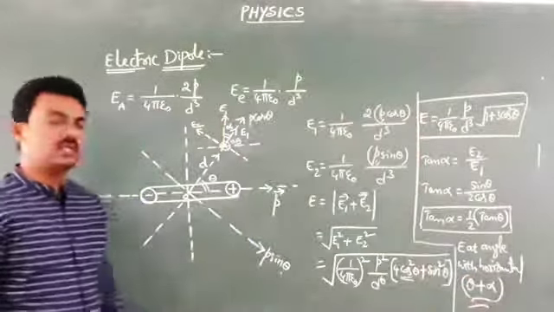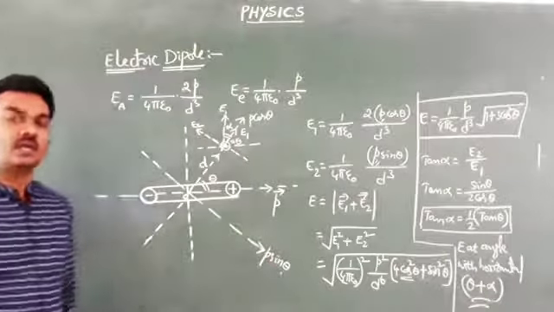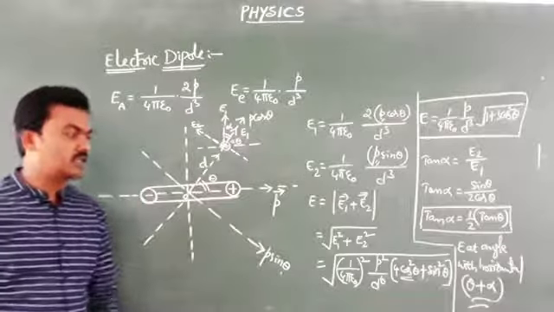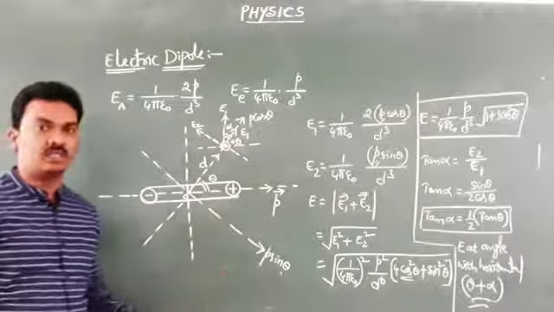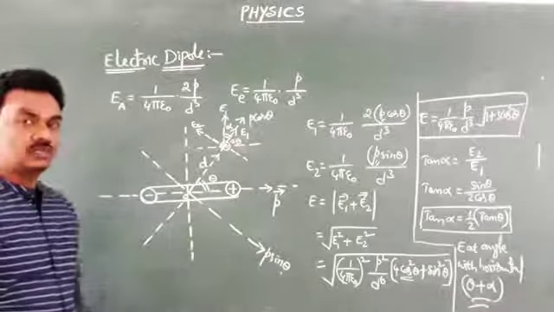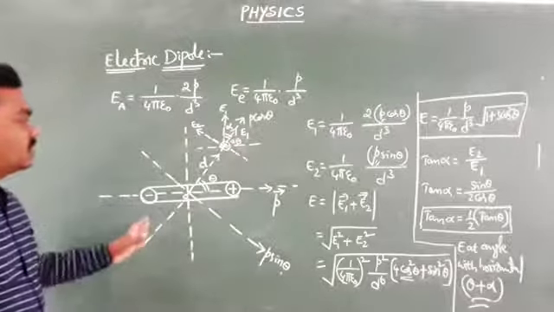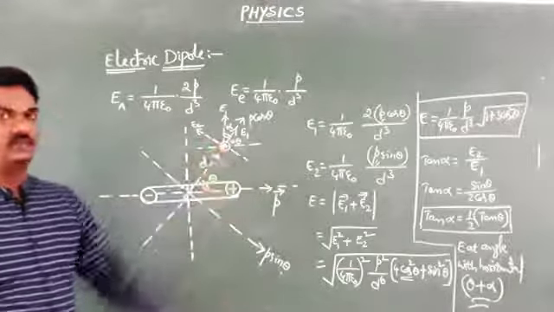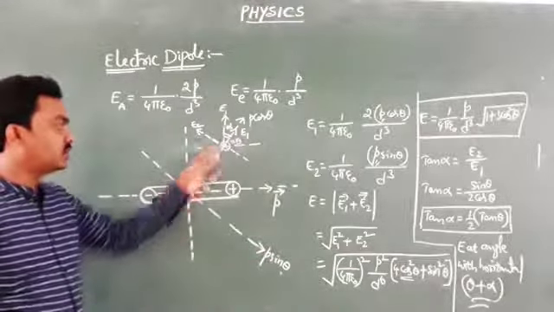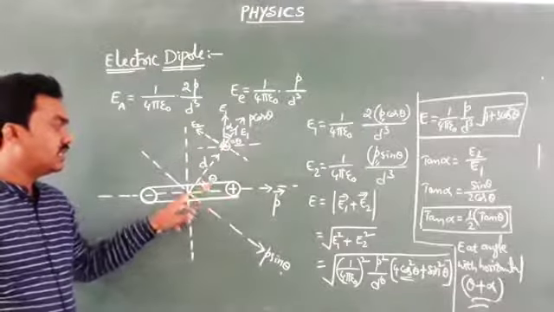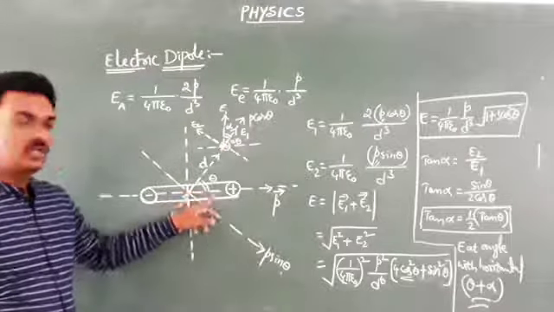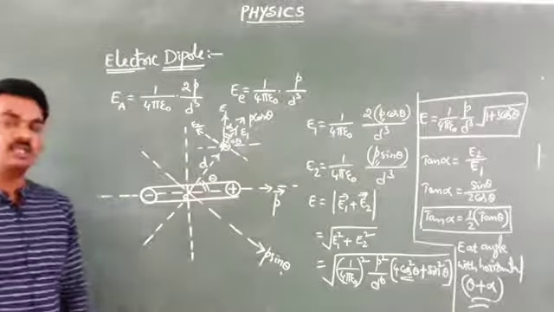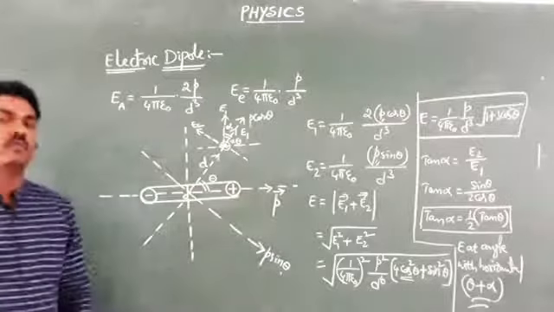Here is the calculation part that you missed in the earlier link. Actually, I had gone for the shoot in a continuous stretch. Maybe because of some technical problems, you missed this part of the calculation in the last video. Electric field intensity due to the dipole at a point whose polar coordinates are d comma theta: d is the distance from the center to the point, theta is the angle made by the line joining the point to the center and the axis of the electric dipole. This is the electric field intensity concept due to a dipole.